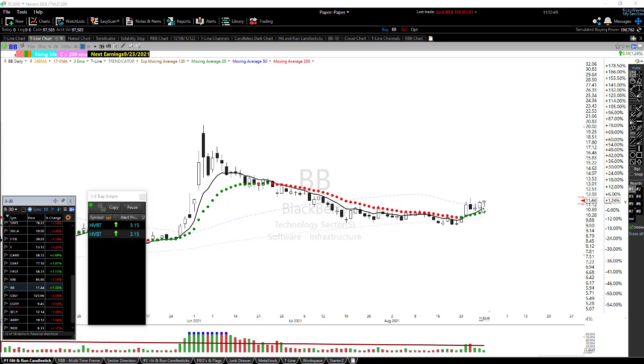I bought BBB Friday here, and I bought it because it came up on that gap scan that we're going to talk about, and it popped up here, and then it's consolidating. It looks like a great looking chart. This is a very typical chart that I'm going to look for, where we have a bottom, we rally up, and we pull back.